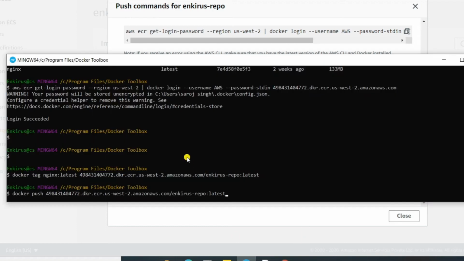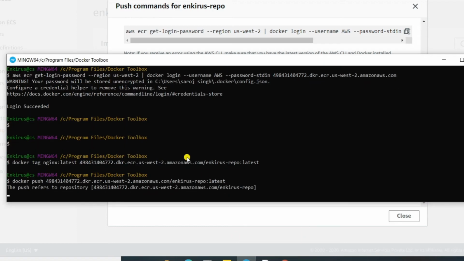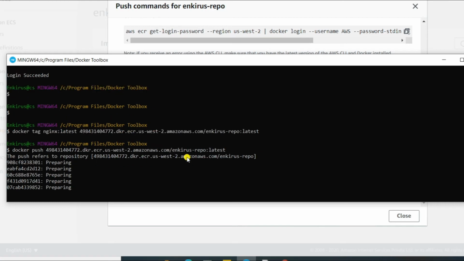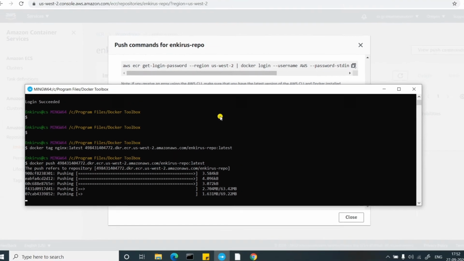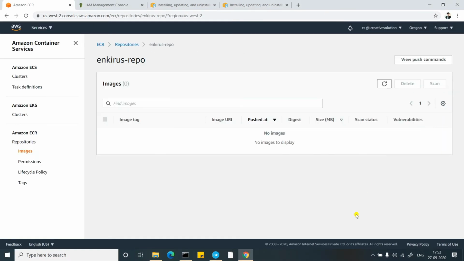To push the image here, basically I'll come back again. I'll click here. It takes about 2-3 minutes, maximum. Okay, now we'll move to the next steps. We'll come back here. I'll close this.